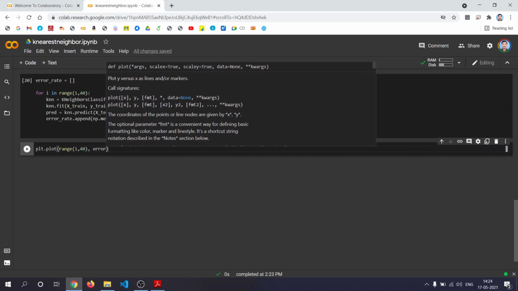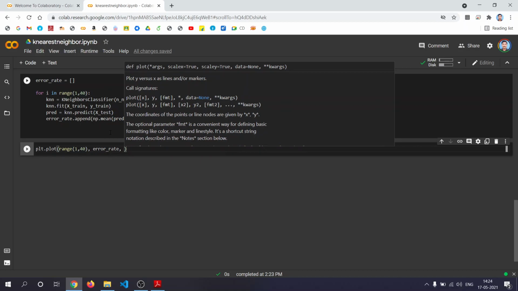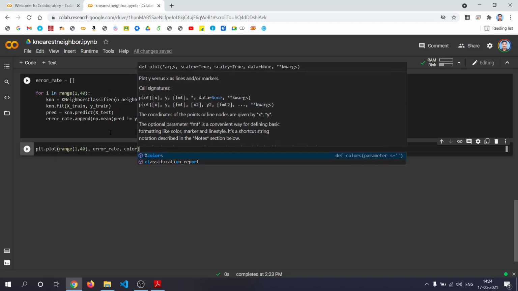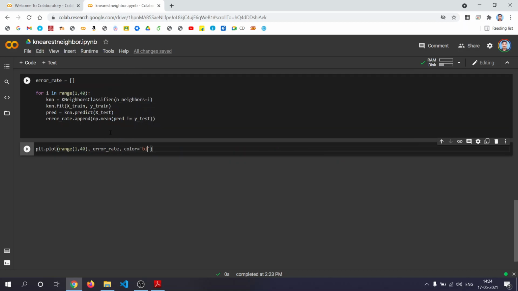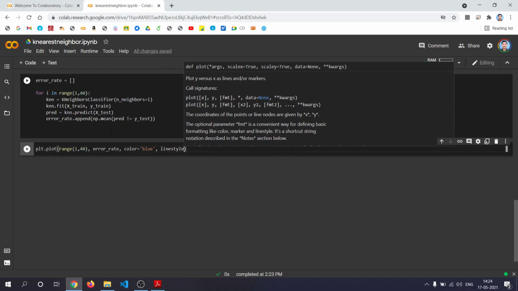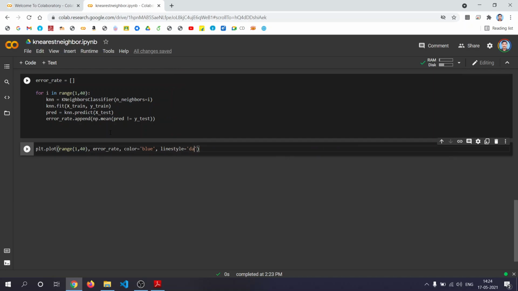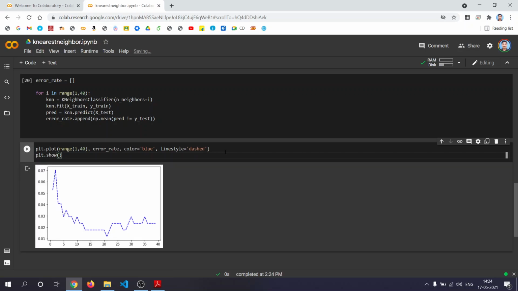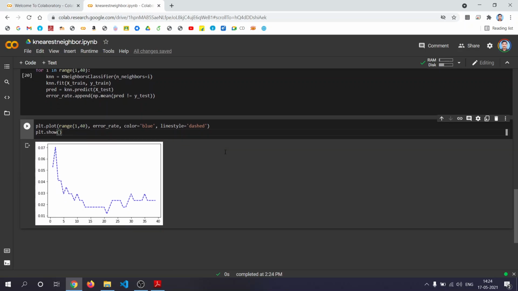Then we'll use error rate for plotting. We'll use color equal to blue, linestyle equal to dashed. And then let's see what output is obtained. plt.show. So this is the error obtained.